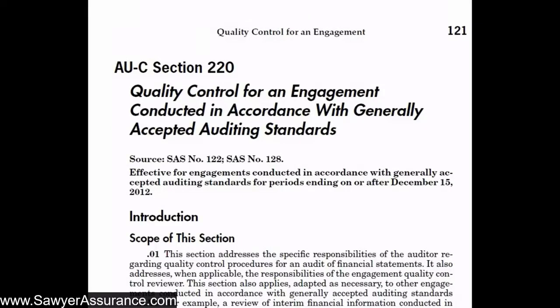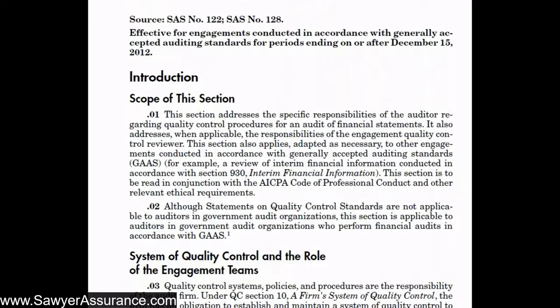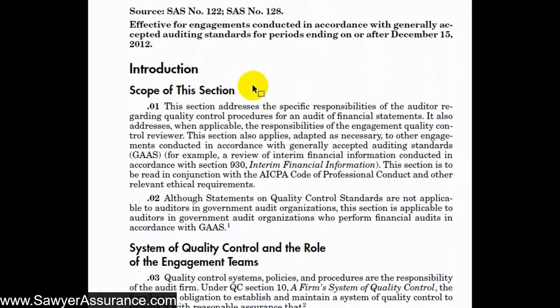Okay, so this is our first video in the series on AUC section 220, and it's regarding quality control for an engagement conducted in accordance with generally accepted auditing standards. And it comes from SAS numbers 122 and 128, and is effective for auditing periods ending on or after December 15, 2012. So here, as in all AUC sections, we begin with an introduction and kind of a scope of